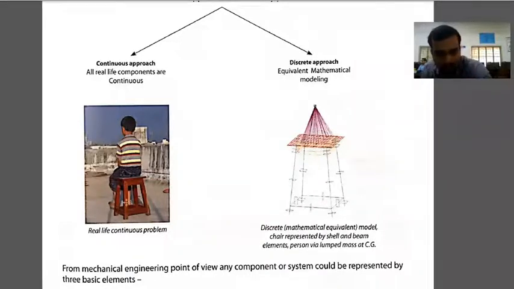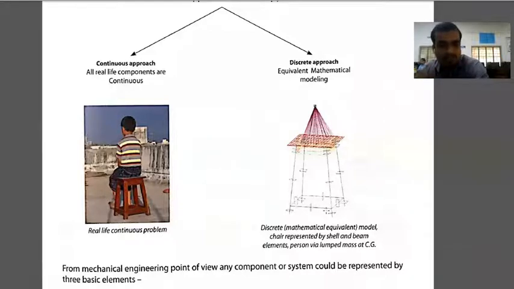So these are converted into a discrete problem by considering four beams as well as these four supporting beams. So there may be 8 beams, and this plate or this seat is considered to be equivalent to a shell element or plate element. So there is only this plate element 1, these 4 plus 1 is 5, 5 plus these 4, so 9 elements